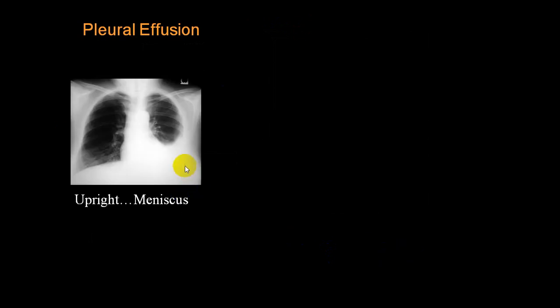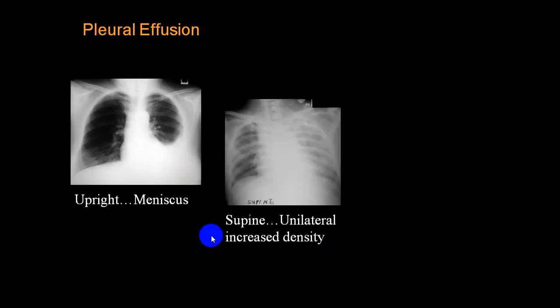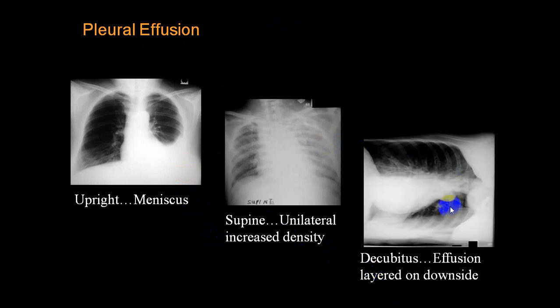Again, you can see this is on the left side, meniscus sign. This is a supine posture, and if I take a left lateral view, this is the left side. So the left side is lying here. Okay, so the fluid has come out. So this is because of a fluid. So this view helps you very, very clearly if you want to identify pleural effusion.